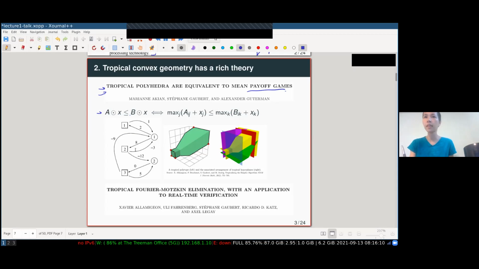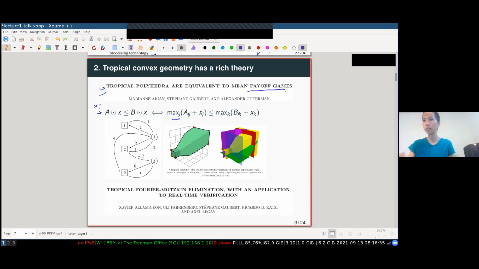So I mentioned this is a tropical polyhedron: the set of X that satisfy this inequality. If I spell it out classically, this is basically max over j of A_ij plus X_j is less than or equal to max over k of B_ik plus X_k. So it's a very particular system of classical inequalities, but because of the max,